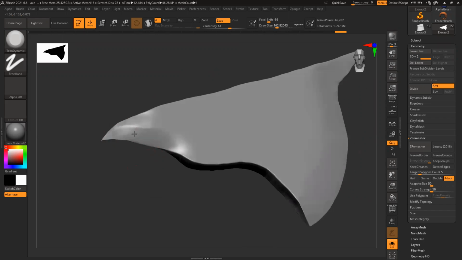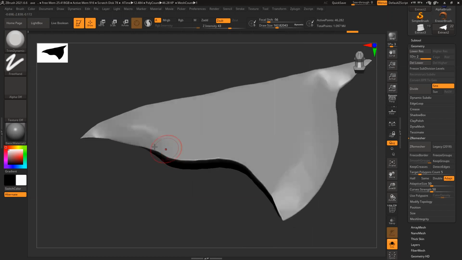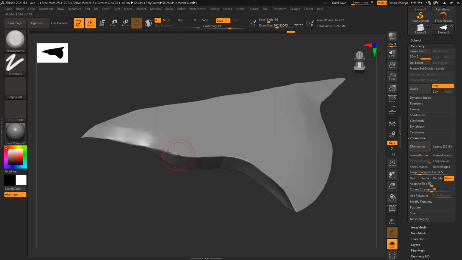Define the angle. So most of these edges are not this sharp, they're slightly angled and slightly beveled, like flatten the surface.